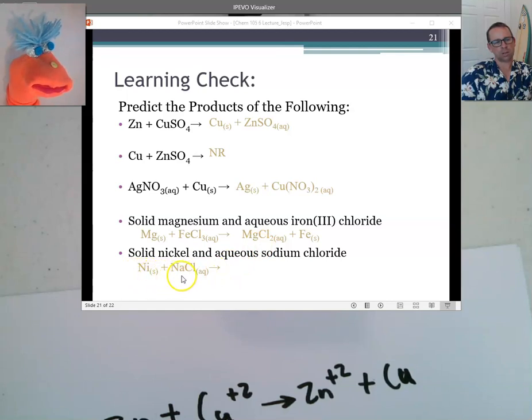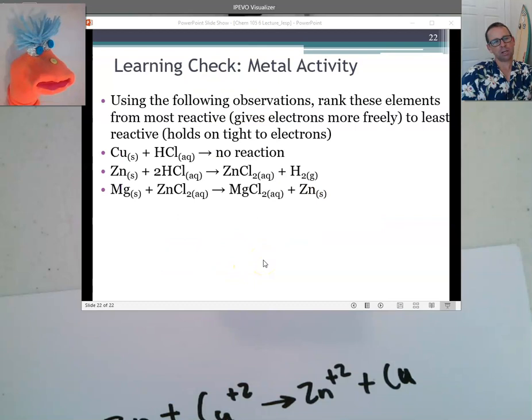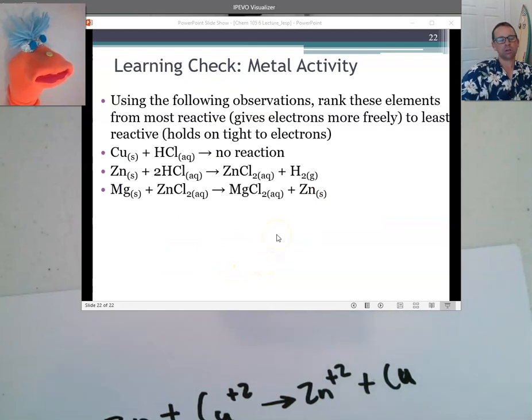Nickel solid, we're asking it to give up electrons to sodium to form sodium solid. Do you think it's going to happen? I don't think so. That's right. We're not going to have that reaction occur because sodium is already more active. It's not going to take electrons away from nickel. All right. Very good. We can also use the solubility rules, but